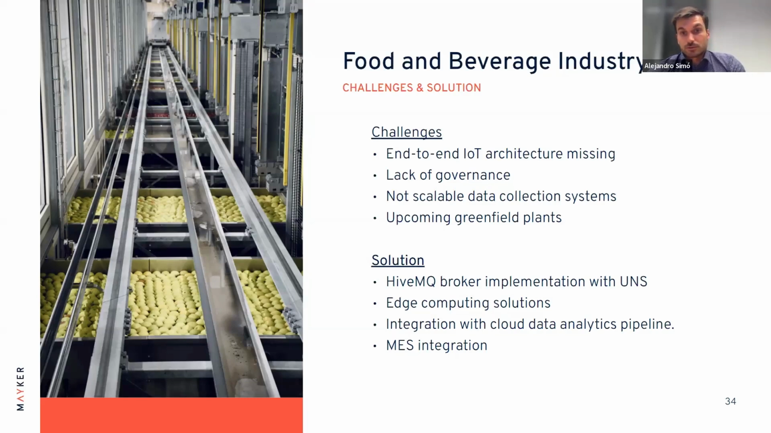And the solutions, like we were saying, we use HiveMQ in many of our projects. We also use edge computing solutions like the HiveMQ Edge. And the typical case also is to integrate HiveMQ with cloud data pipelines, in many cases via the Kafka extension, for example, to Azure Event Hubs or to Confluent Kafka, and MES integration, a very typical